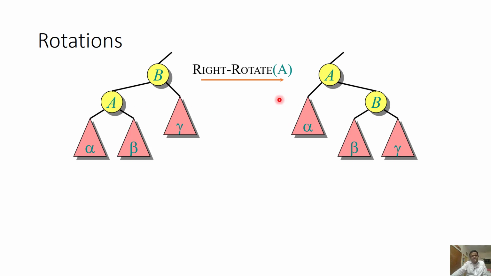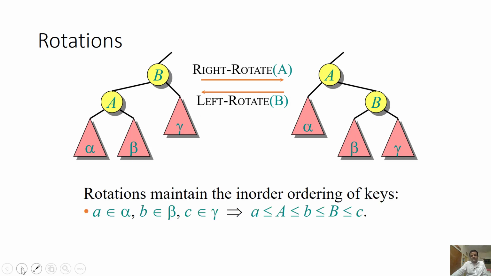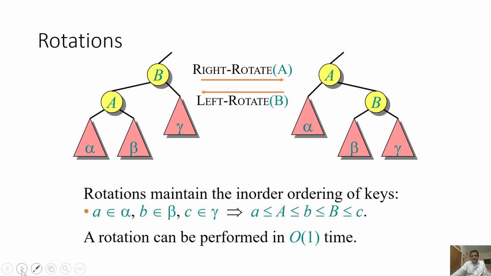That is also one operation, that is also rotation. We want to make A down, B up. This situation may occur, we will see that. So, that will be done by this left rotate B. That operation is called left rotate B, and we can check it is preserving the binary search tree property, and all the operations will take constant time, because